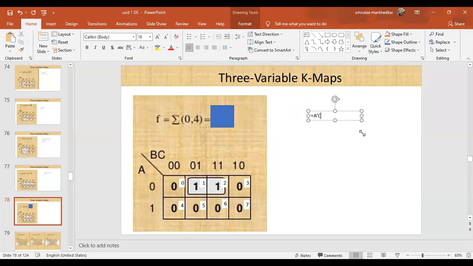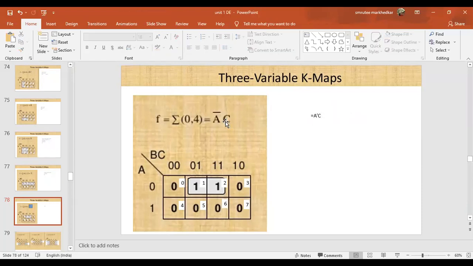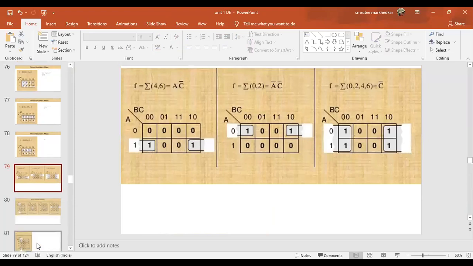Now here, one thing you can see is that in this position B bar and B were complementary to each other. That means when the variables are complementary to each other, we can directly cancel them and we can get the answer. So very good. Your answer is absolutely correct. It's A bar C. So now you can see that there is no need to solve the entire Boolean expression to reach the answer. You can directly pick up from the K-map and you can solve it. Now here, you can see directly. Now we are going directly.